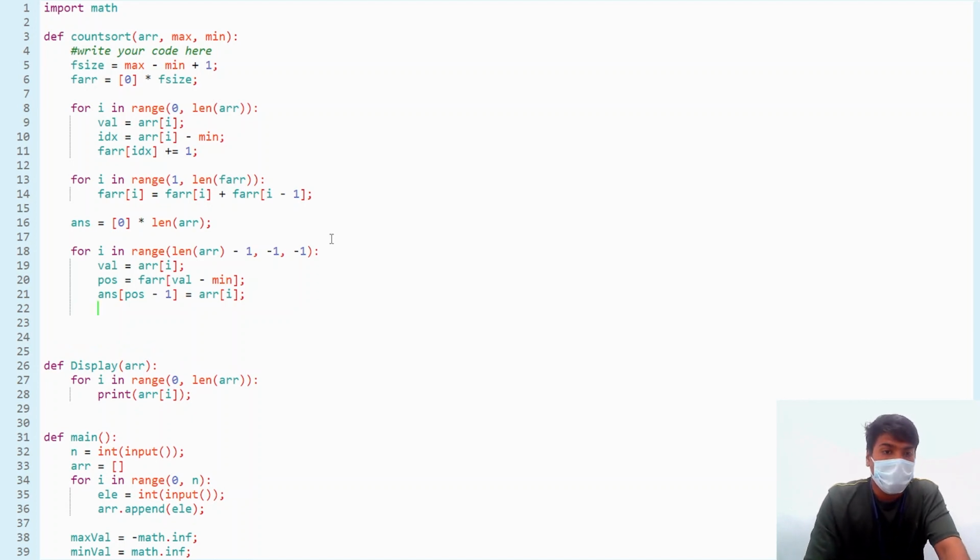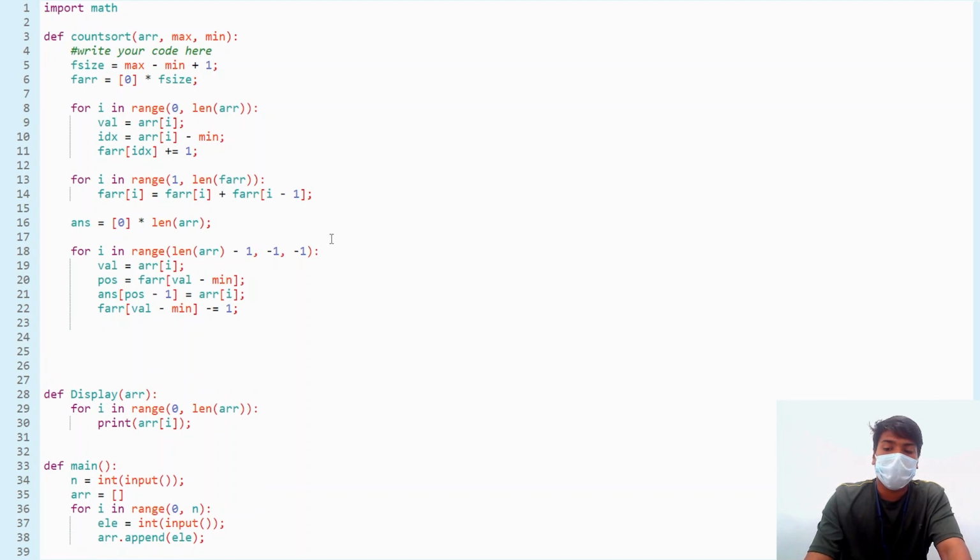Don't forget to decrease the prefix sum. That means val minus min, minus equals 1, right? Don't forget to do this. And now one more thing is remaining, and that is